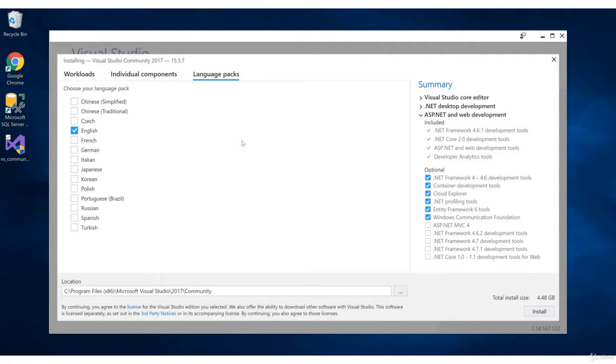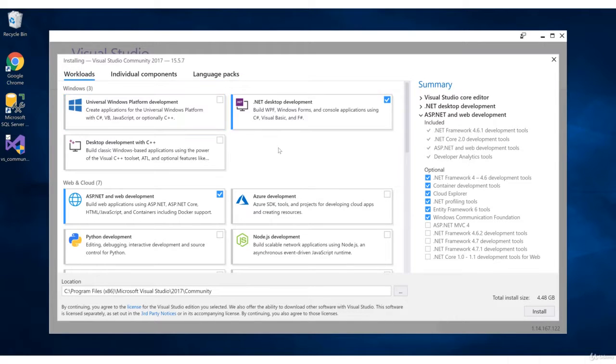You can also select extra language packs. This will allow you to view menus, dialog boxes, and other user interface items in your preferred language using the Language Control panel. For now, let's keep our feet on the ground and stick with the two workloads that I